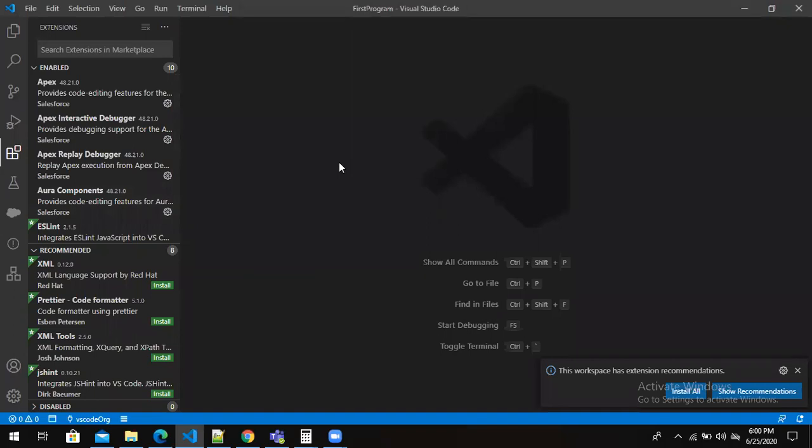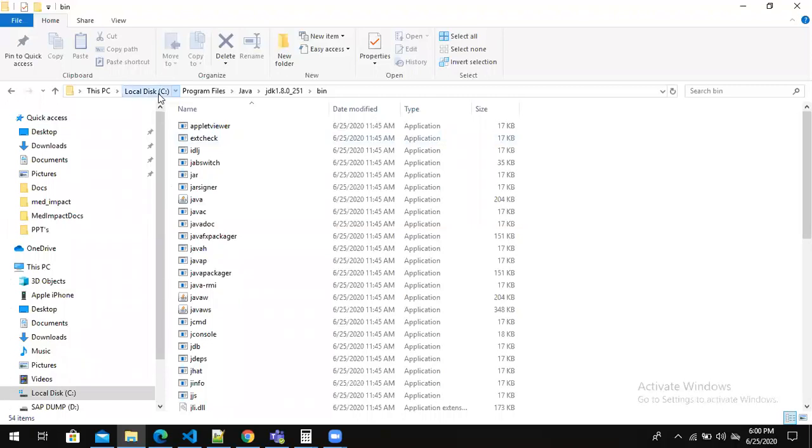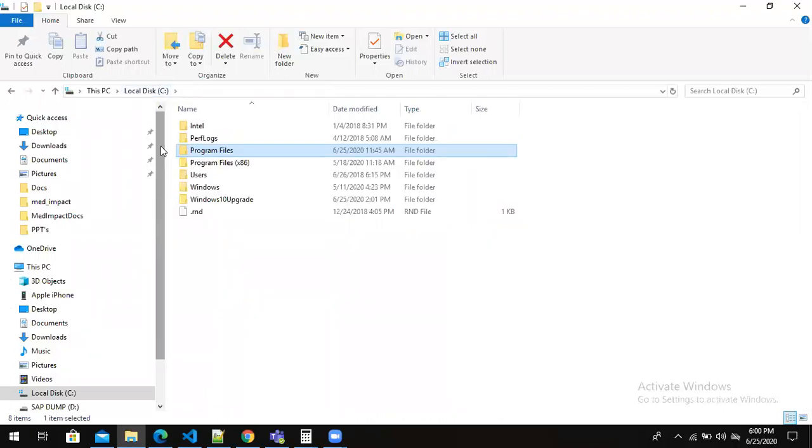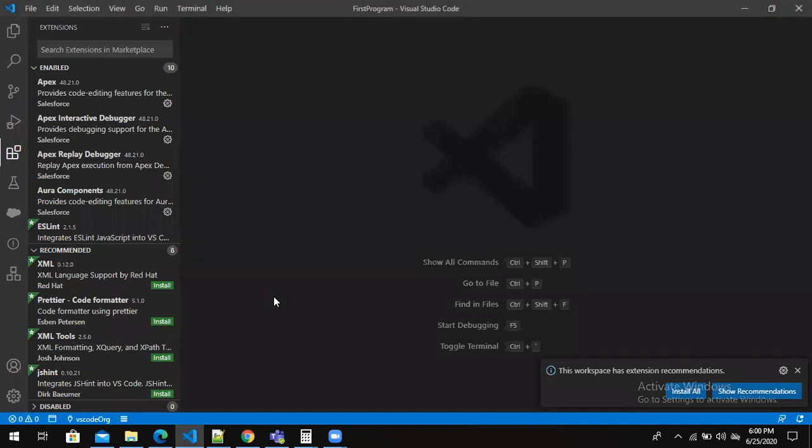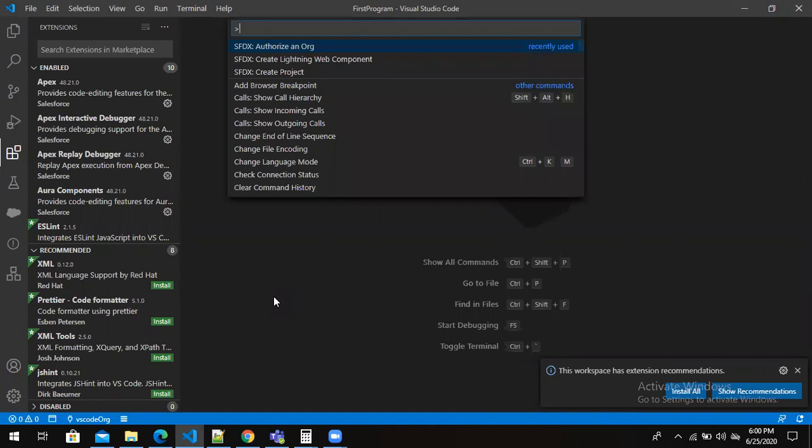So for that, we have to create a folder on our local machine. We are going to do this with the commands, and it is called a project. It is similar, if you are aware of what Git is, it is something similar to Git, right? So I'll just type sfdx here. The first step I have to do is create a project.